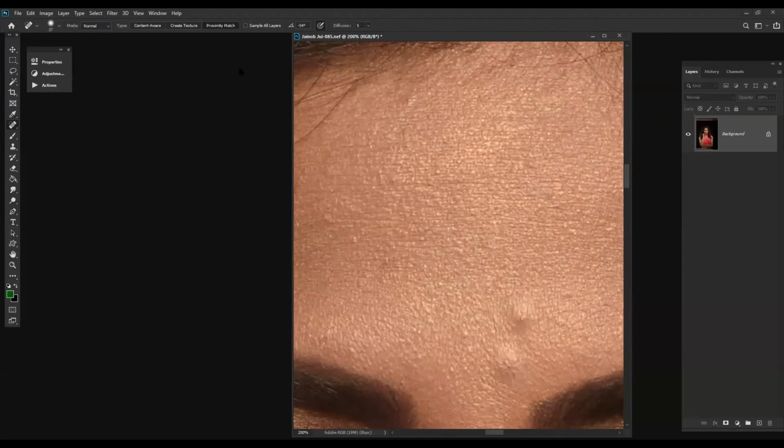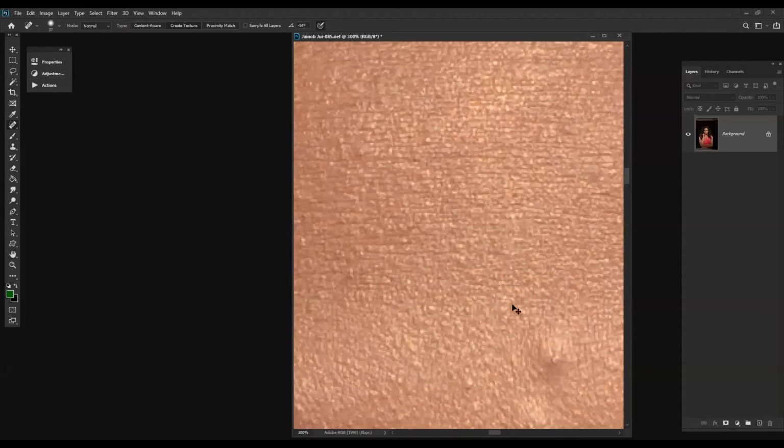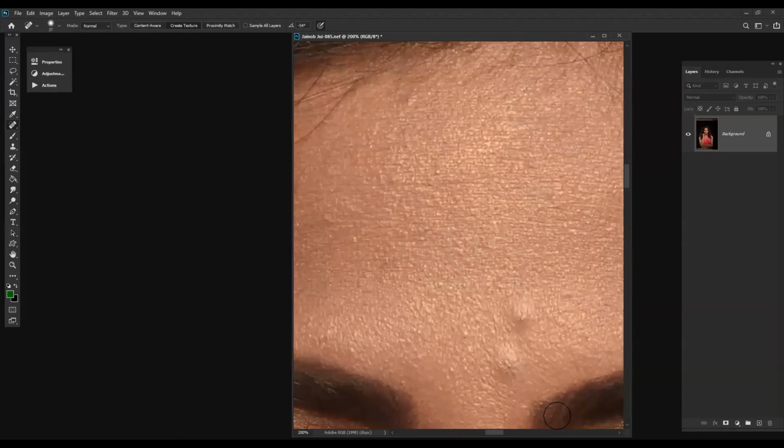Now, what does create texture do? It will try to create a texture that has been assigned there. It will always give you a soft texture. Next is content aware.